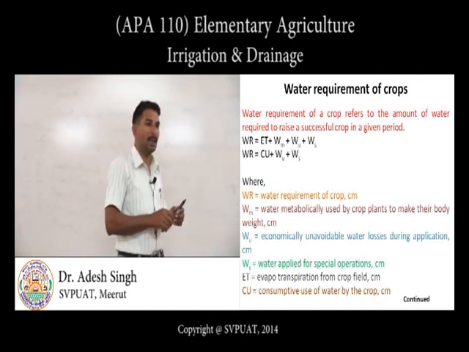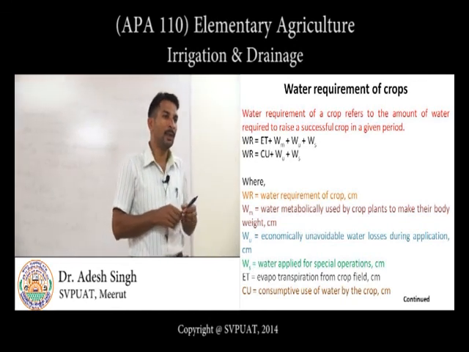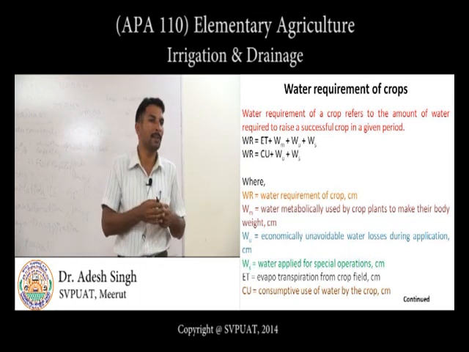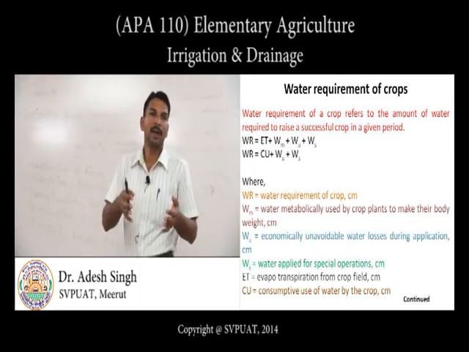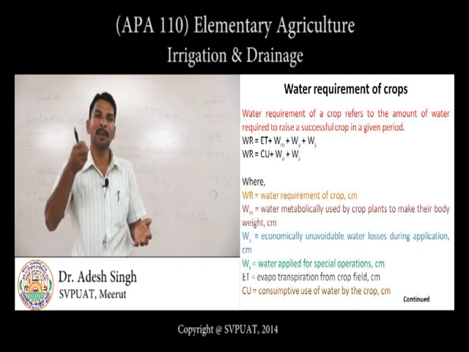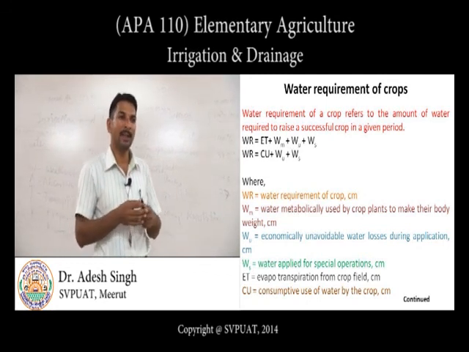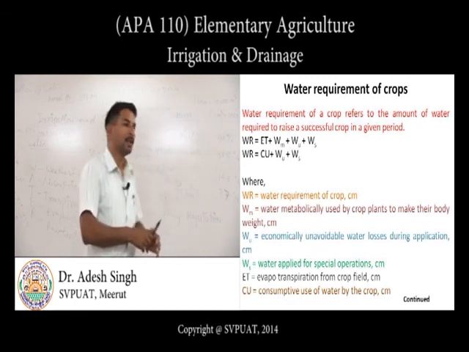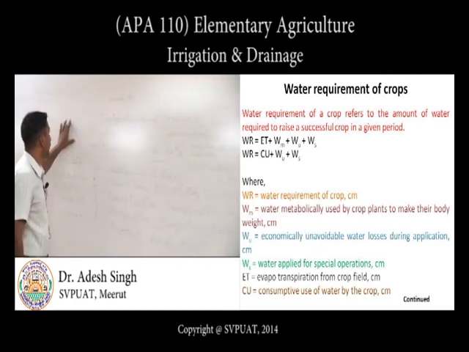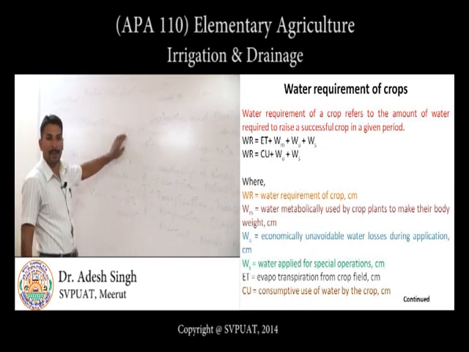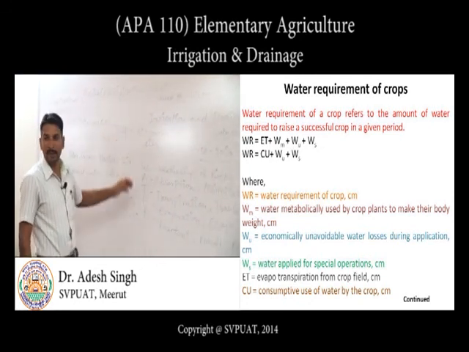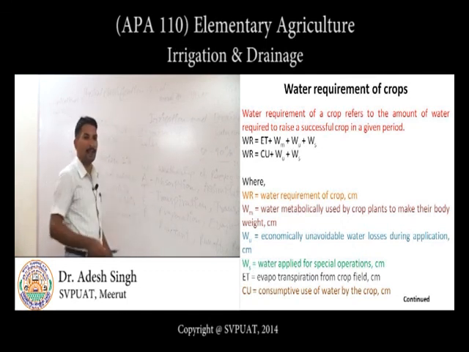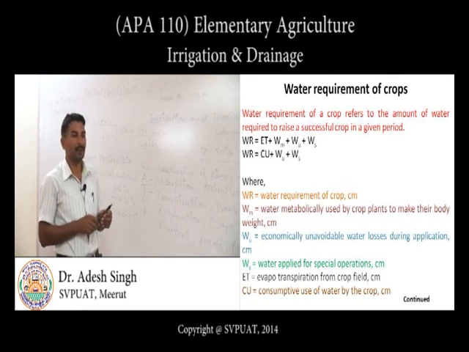The water requirement can be worked out by two means, that is, one is the demand side, another is the supply side. Demand side means whatever water is required for crop plants, and the other criterion is whatever water is available from the supply channel. So water requirement can be represented as capital WR. WR is the water requirement. This ET is the evapotranspiration,